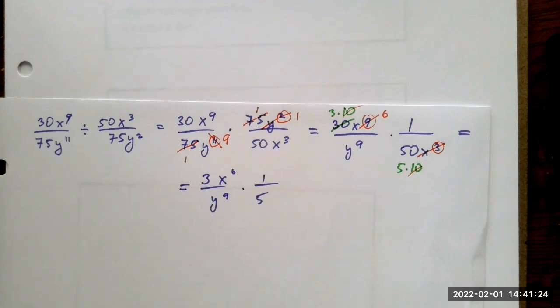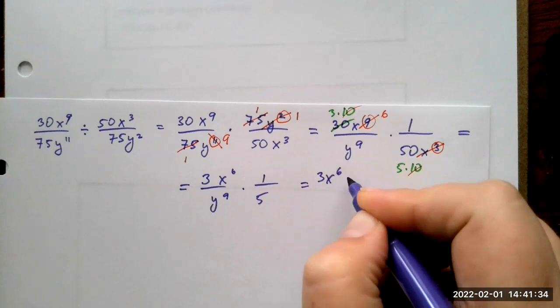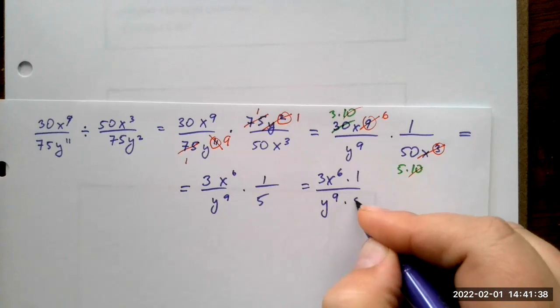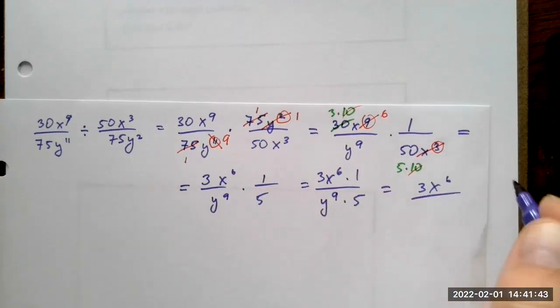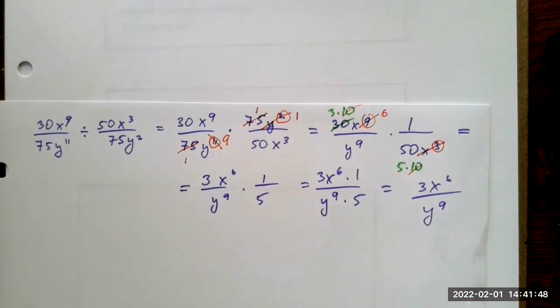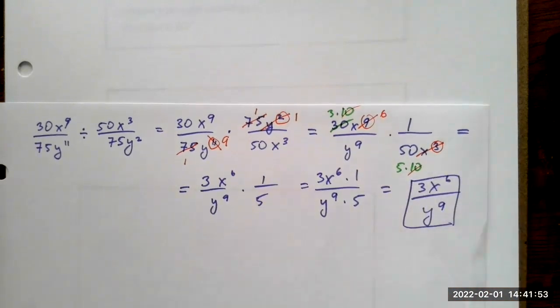We don't have to worry about simplifying afterwards. We can just proceed by multiplying. So we're multiplying 3x to the 6 times 1, and we're multiplying y to the 9th times 5. So in the end, we have 3x to the 6 divided by y to the 9th. That's it. Okay, so that's our answer to that problem. All right, so next problem